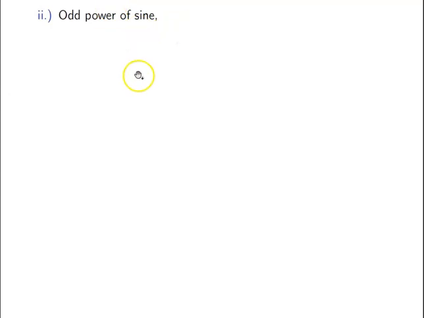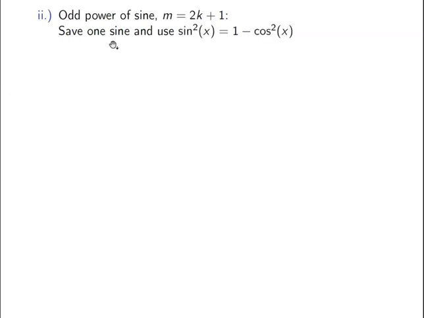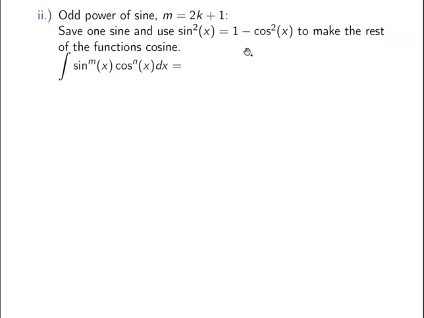For an odd power of sine, we do the exact same thing. Okay, so we take m as 2k plus 1, an odd number. We're going to save one sine, instead of saving one cosine, and use that trig identity: sine squared x is 1 minus cosine squared. And that's going to make all of the rest of our functions nothing but cosines. So we save one sine and turn everything else into a cosine